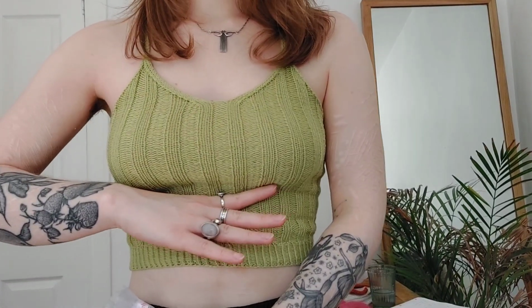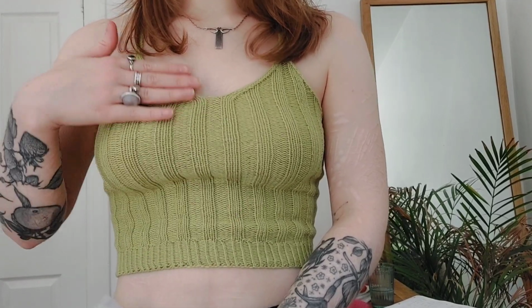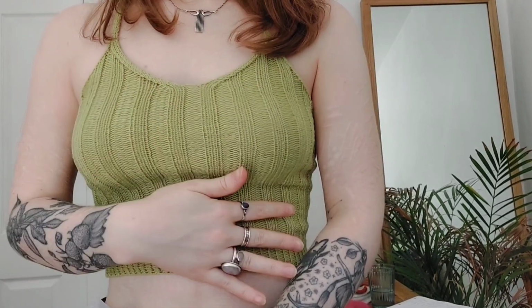I actually thought it was a 4-ply, which a 50-gram 4-ply would have been enough to make something like this, but cropped here. That was literally just a bra kind of situation. I was like, yes, I can make something like that. And then I got it home and I was like, oh, it's a DK. So I don't really know what to make with it,